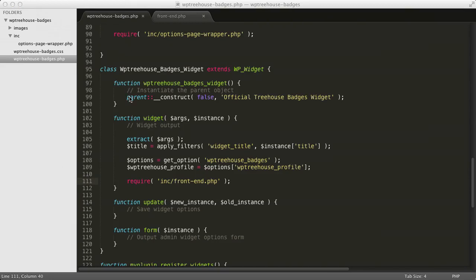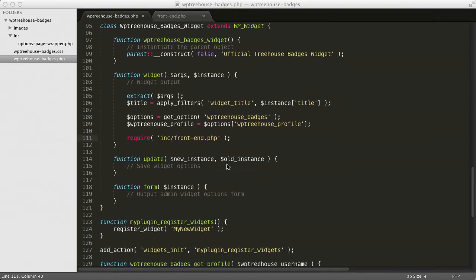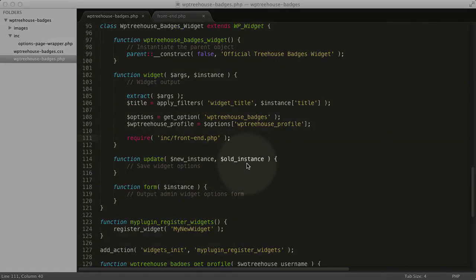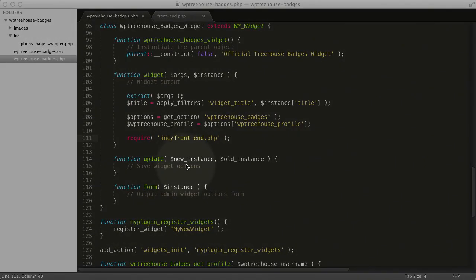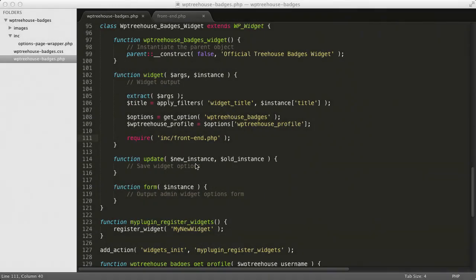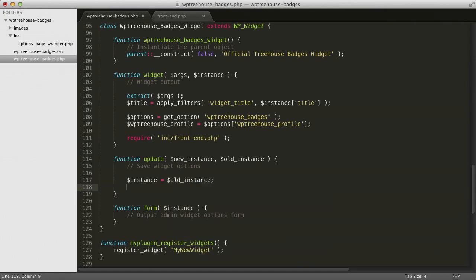What the update function does is basically take the old version of what the person saved the widget title as, as well as other parameters, and replace it with the new instance of what their new settings are. Here's how we'll do that. We'll create a new variable called instance, and we'll set that equal to the old instance. Then beneath that,